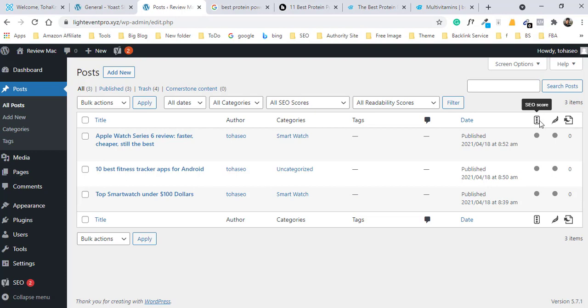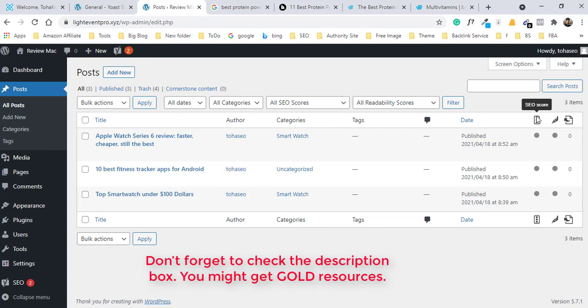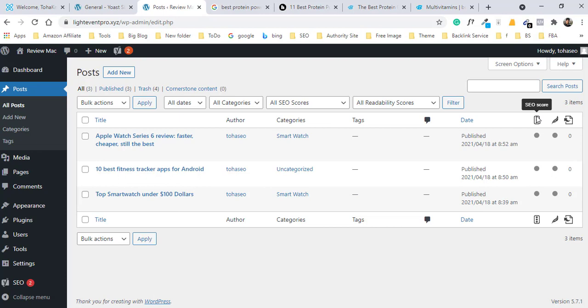But I recommend never follow this score blindly, because over-optimization is very harmful nowadays in Google. Google never likes over-optimization. If you stuff your keyword, or you put your keyword too many times, or you optimize your website for Google aggressively, then Google definitely won't like it.